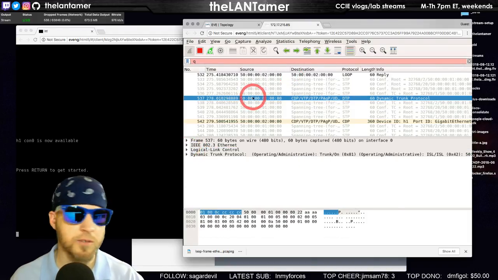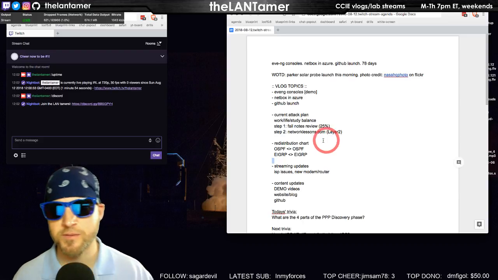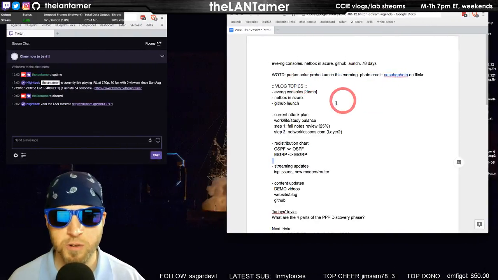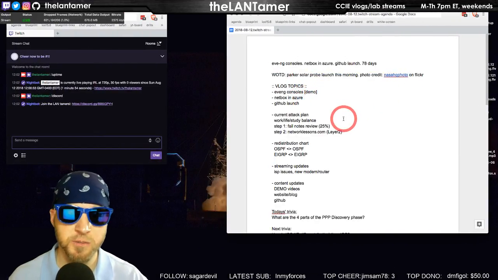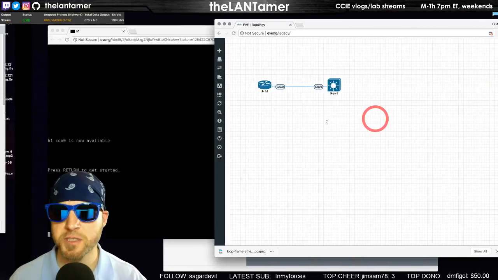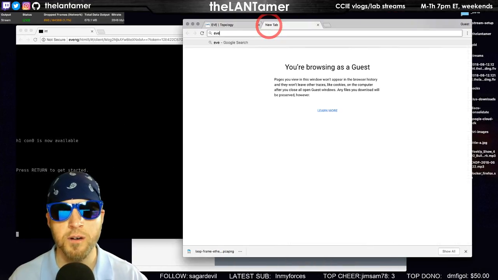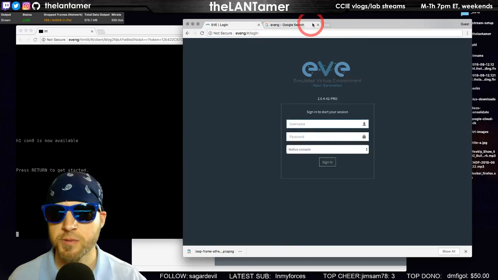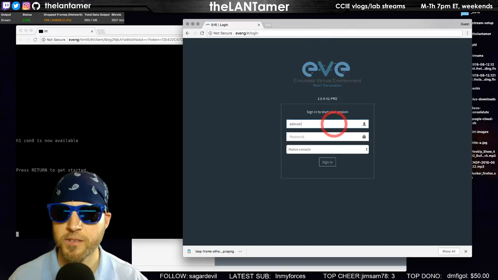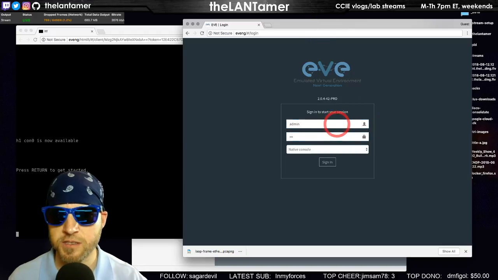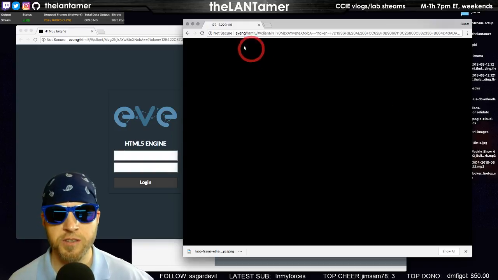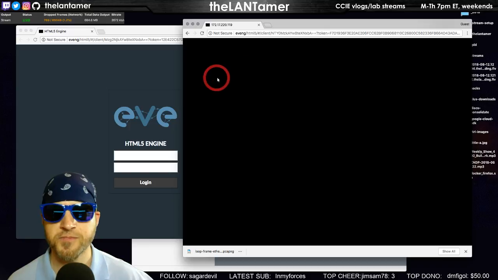All right, folks. This wasn't really intended to be a review of trunking, but it is a good review nevertheless. That is how Wireshark works in the EVE-NG console under the HTML5 console. The other option, folks, which I think I've shown before, let's log out of this. We could have just done that. I didn't really understand the difference until I read the cookbook, which, by the way, is great, folks. The EVE-NG Pro cookbook documentation is pretty awesome, and I really like it.